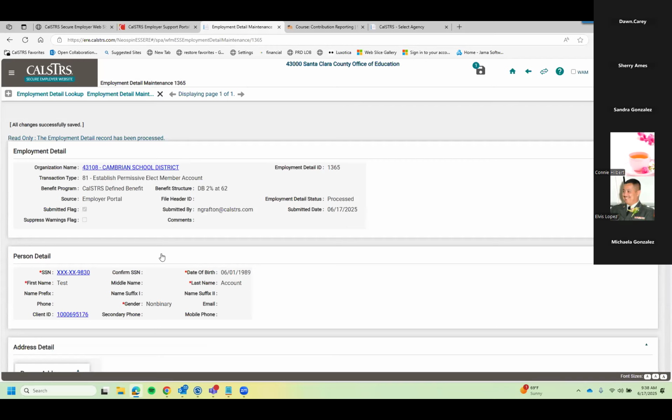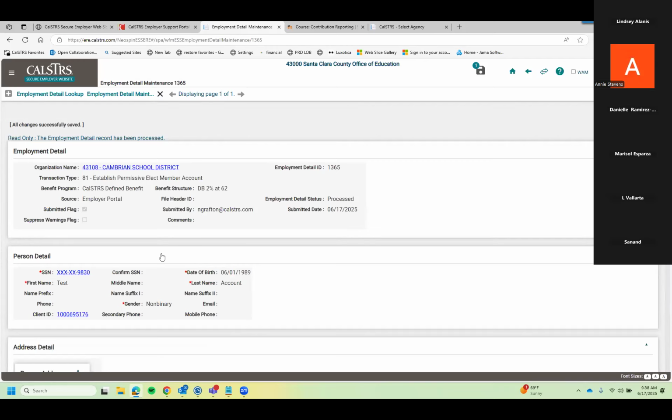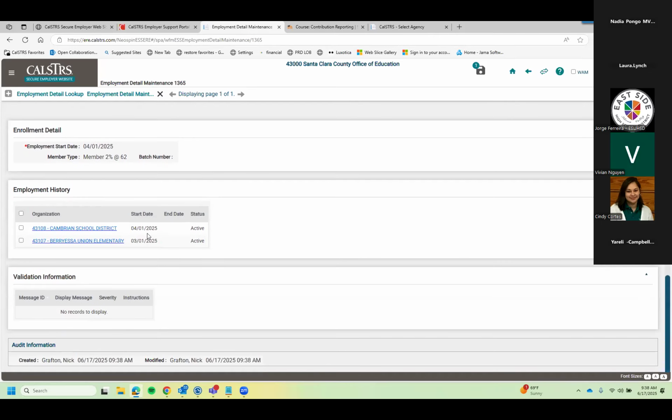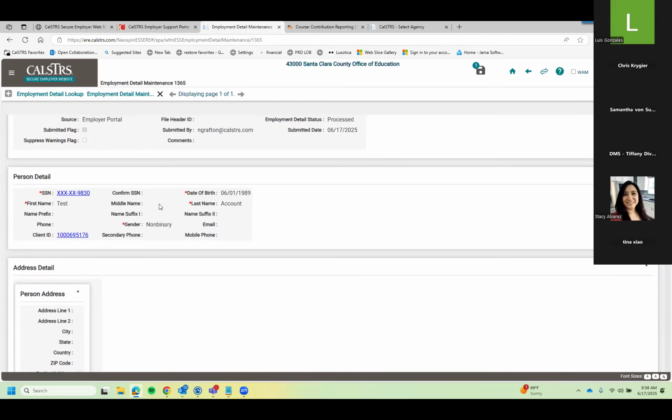So same idea. It's a little bit easier when they already exist though, because I didn't have to key anything in really. And then you can see down here now we have another enrollment. So they worked at this district as a 4-1. Okay, so now let's